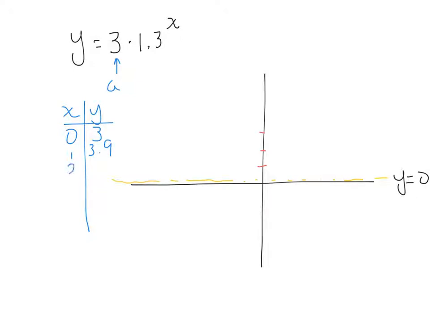And if x is 2, then you're going to get 1.3 squared, which is 1.69, times 3. Let's check that out. 3 times 1.69 is 5.07. So you're going to get 5.07. You should check the math on that yourself. But you can see it's not going up quite as fast because it's only multiplying by 1.3 each time you